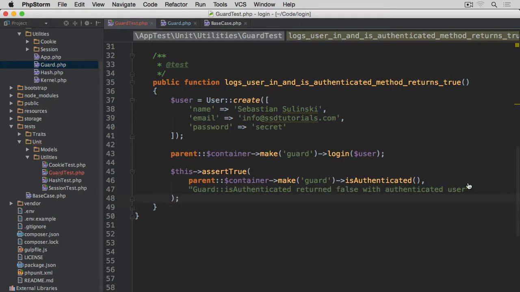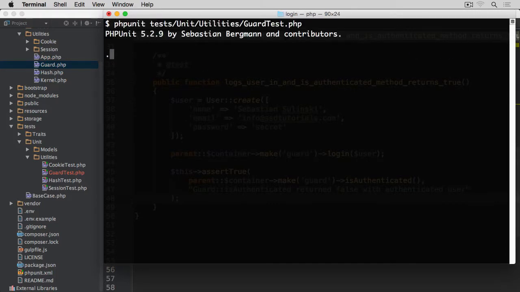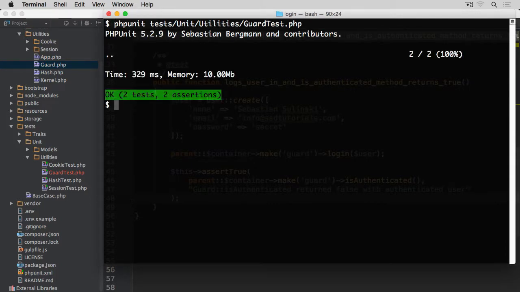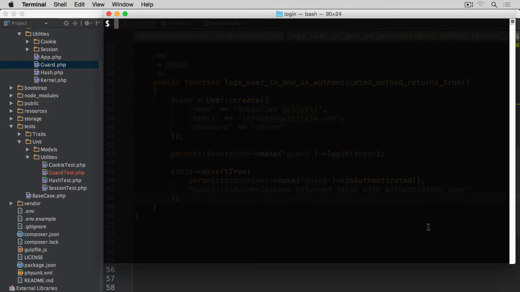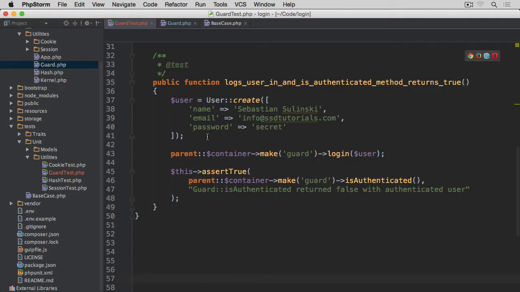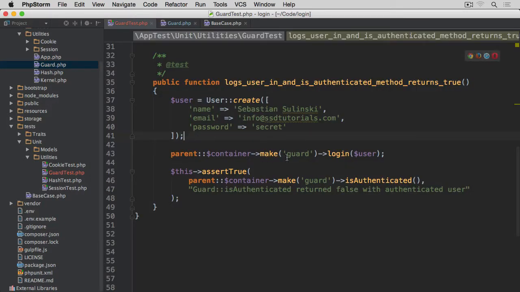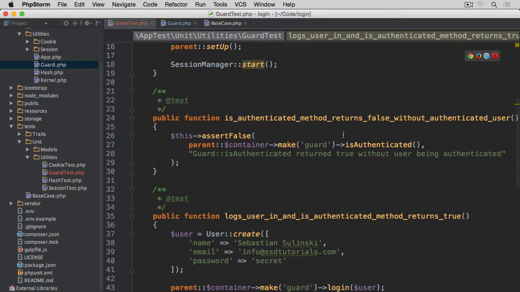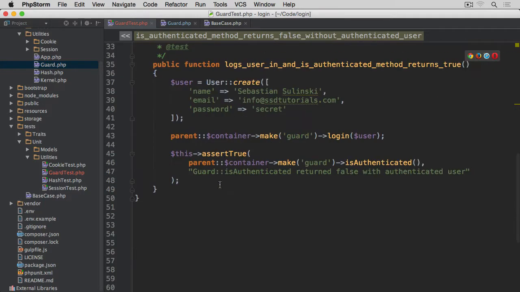Let's now go back to the terminal, run the test again, and there we go. We've got two tests, two assertions, all of which are passing. So what we've managed to prove here is that when we log in the user, then is authenticated returns true. When we don't log in the user at all, then is authenticated will return false, which is exactly how we want it. Okay, so the next test